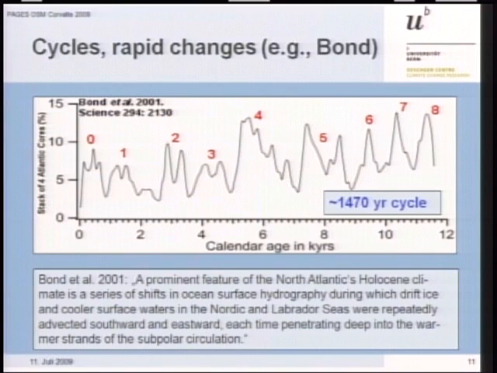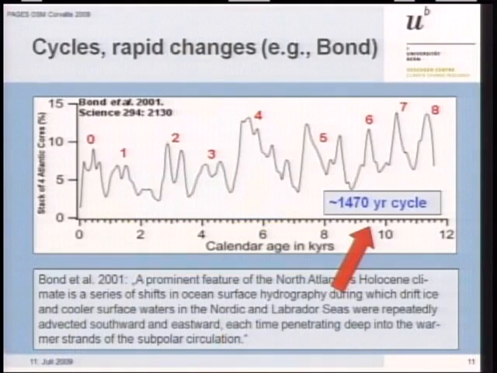fluctuations, and so on. I think Bond's idea to show these cycles was a good one. It has to be questioned whether these cycles can really be correlated with many phenomena all around the world. As you know, Gerard Bond defined a 1,470-year cycle based on his spectral analysis. And today, based on the whole bunch of papers in our review papers, we screened about 400 papers over the Holocene. And if you're going through these papers, you're rather thinking that we really had